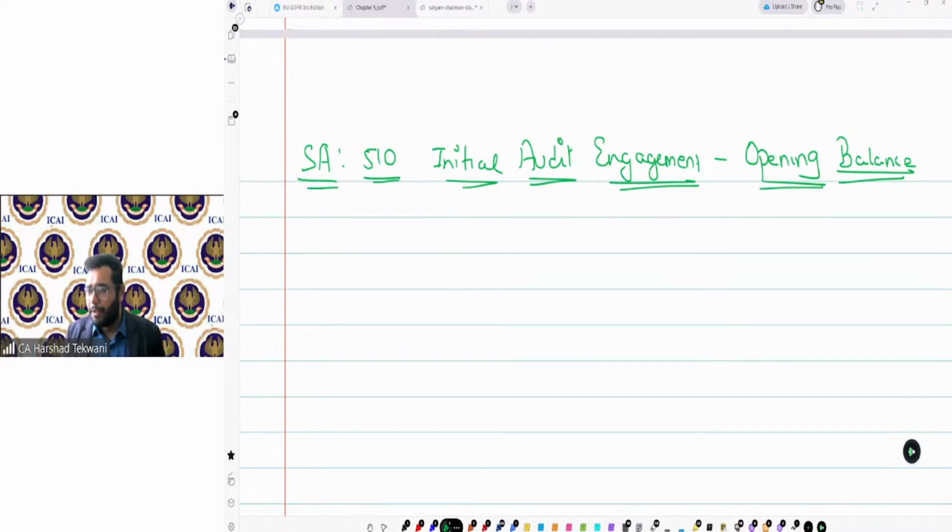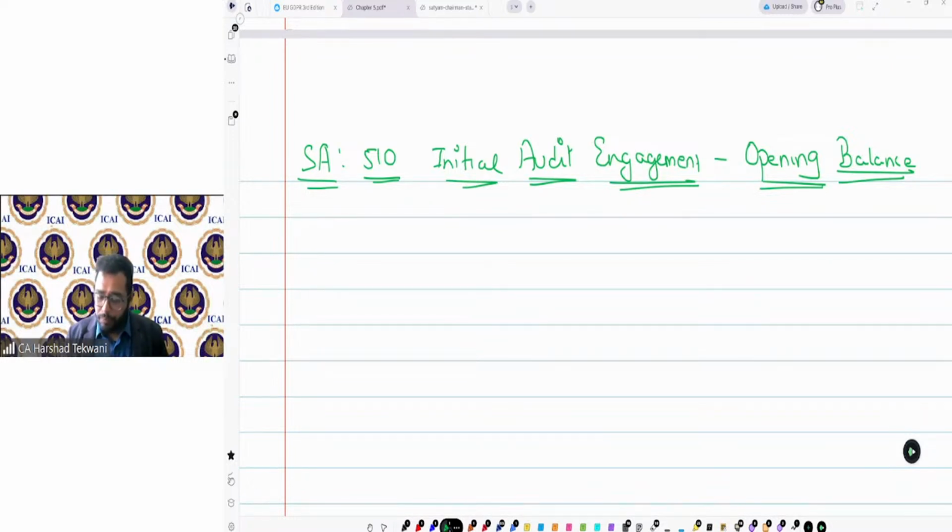About opening balances. When an auditor is conducting an initial audit engagement, at that particular point in time opening balances become very critical, because that is a triggering point, a major part of your closing balance.